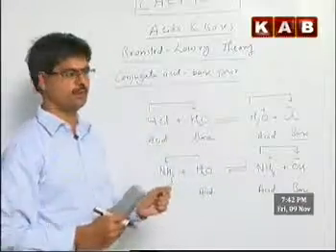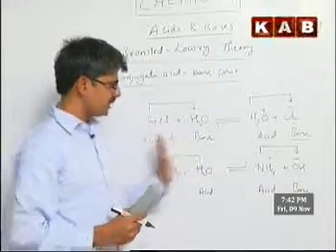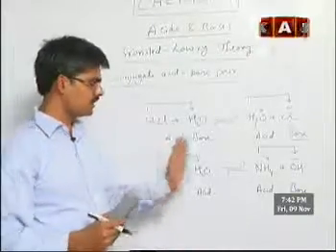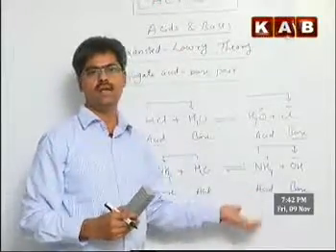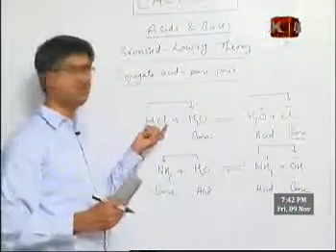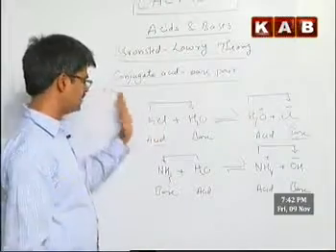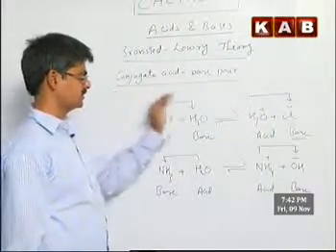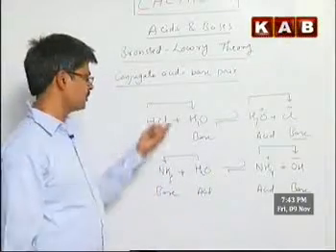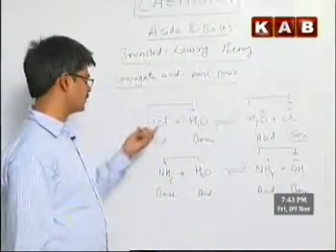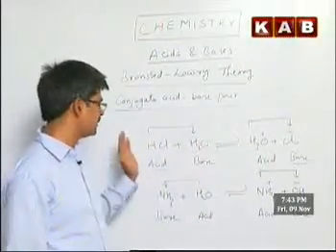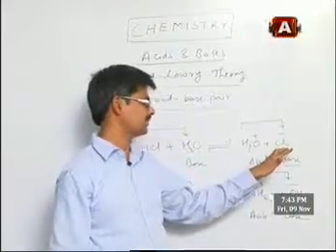Here one more important point is that in any conjugate acid base pair, if the acid is stronger, the corresponding base is going to be very, very weak. And the other way is also true. For example, when you take HCl, HCl is a stronger acid for us in the forward direction. That means HCl has a greater tendency to give a proton to water, so therefore this is considered a stronger acid. After losing a proton to water, it becomes Cl minus ion for us.